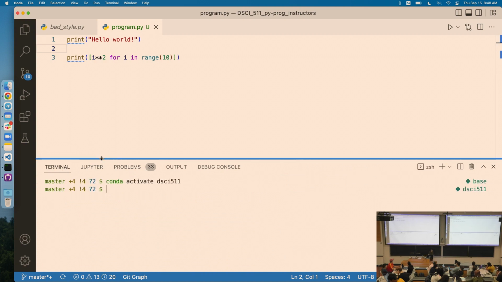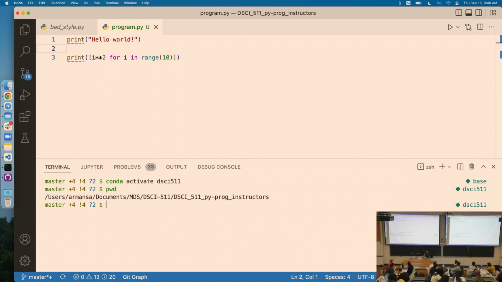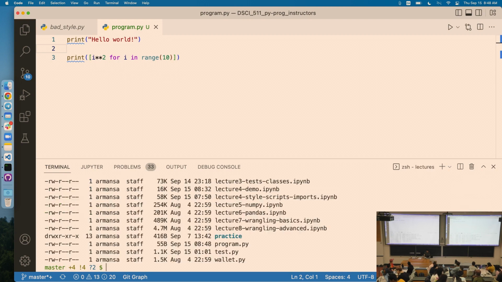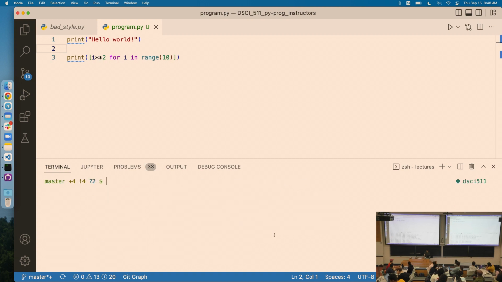Python file, you should do it inside of the terminal. And basically, first I have to check whether I'm in the right directory, which I'm not in this case, lectures, and here I should have my file, and yeah, program.py, okay. Now, I could go ahead and do this, python program.py. And if I run that, my program runs in the terminal,